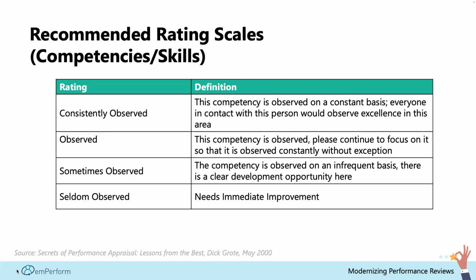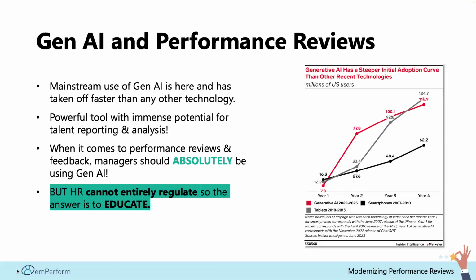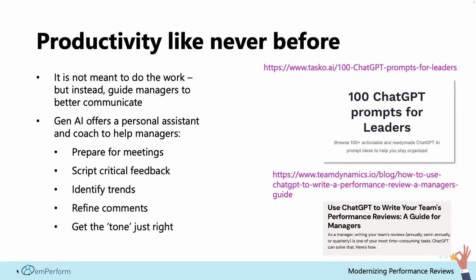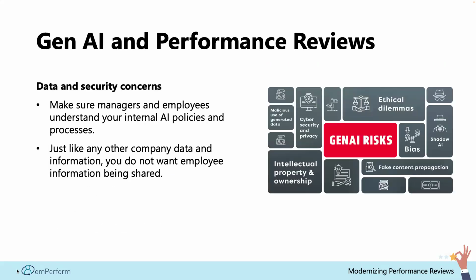content. And then lastly, I would just say on AI, the world is changing. The key takeaway from the AI discussion is this: as HR, we can't regulate it. Everybody's going to use it. So the answer is to educate everyone on its proper use, especially as it relates to performance reviews. We know that it fits with reviews. We just need to make sure that we have a proper organizational policy that deals with AI. We as Quisitive help a lot of organizations with this, on where it's okay to share it, where it's okay to use it, and what the ethics are of it are